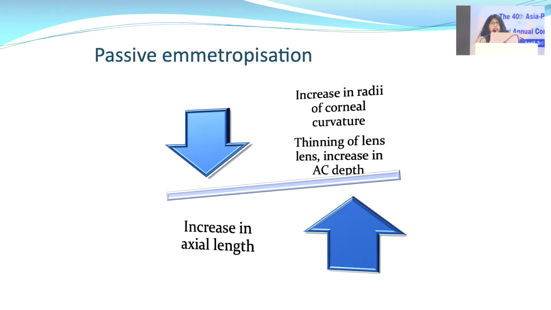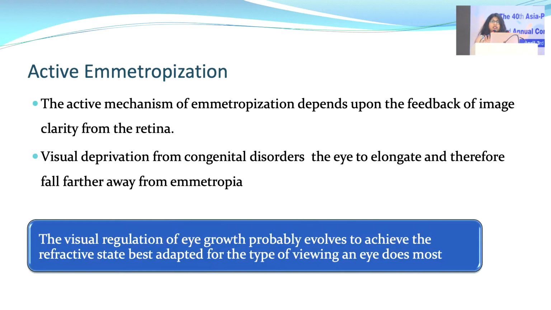So this is all the balance between the changes in cornea and axial length, which is going to lead to emmetropia. But it is not entirely a passive thing. It is governed by a lot of other activities: your visual acuity, your visual needs, surroundings, etc. These give active feedback to the brain, according to which the structural changes occur in the eye. So it depends on the feedback of the image clarity from the retina that goes to the brain and causes